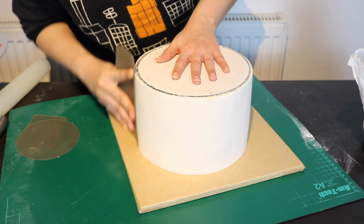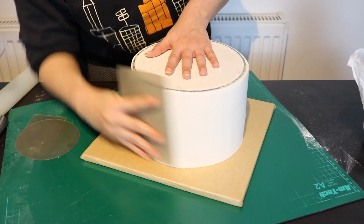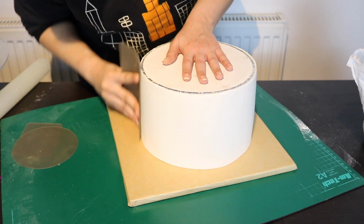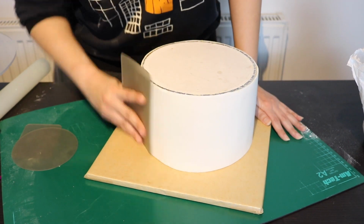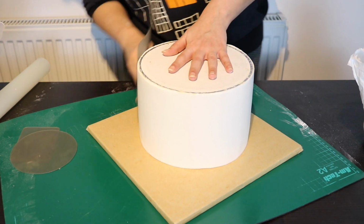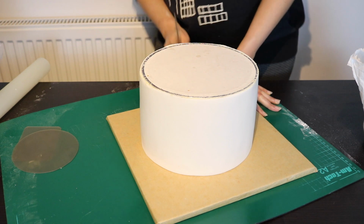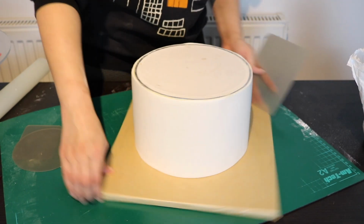acetate smoother, and as you can see, I'm holding the smoother between my forefingers and thumb, and I'm smoothing the sides of the cake. I have spread out my fingers while holding this bigger smoother, as you can see, so that I can have even pressure while I'm smoothing the fondant around the sides. I'm going to do a couple of rounds of smoothing with this one as well, and then I'm going to flip